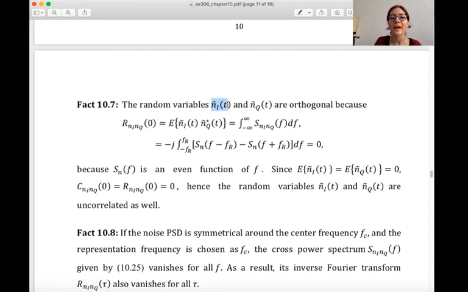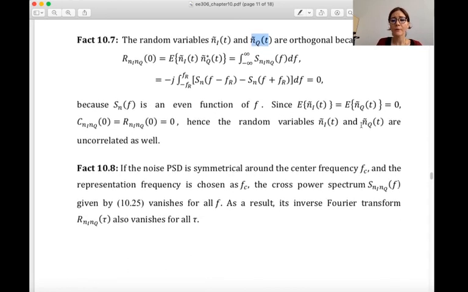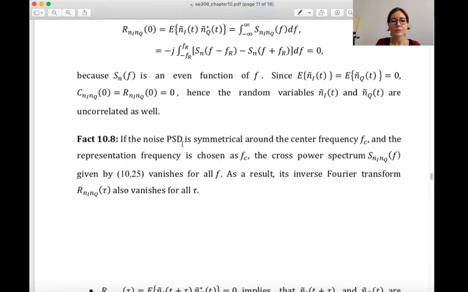Here it's only the random variables obtained at the same time instant that are orthogonal and uncorrelated. So the uncorrelatedness of the random processes does not hold in a general manner, but under a certain assumption it can be shown, and it is the assumption that the noise power spectral density is symmetric around the center frequency